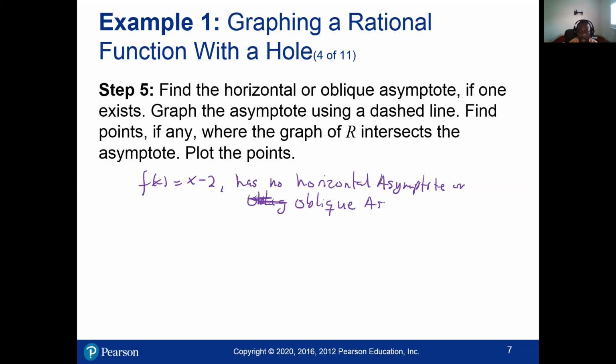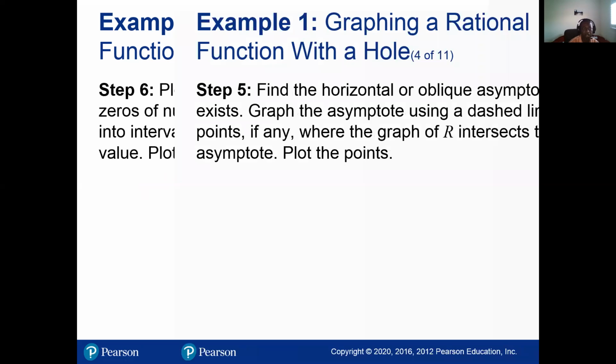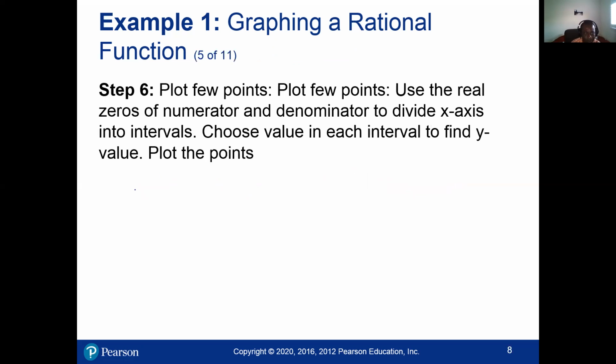Oblique asymptote. Okay. All right. So now let us see how we can graph this. Step 6 says plot a few points. At least I can have